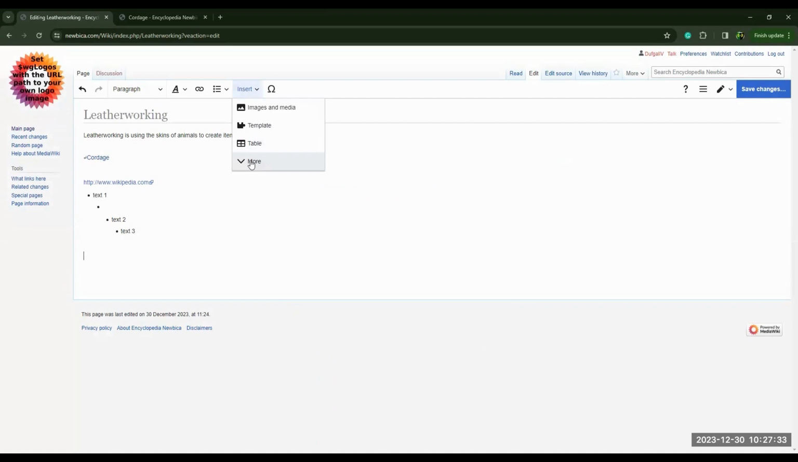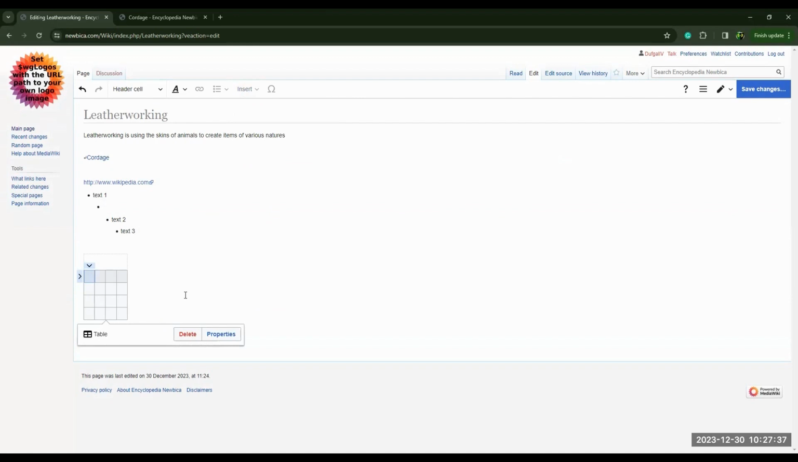But the main thing a lot of people may be looking for is tables. So if you create a table, you can, I think that's a header. Then we have topic there, topic, and this would be